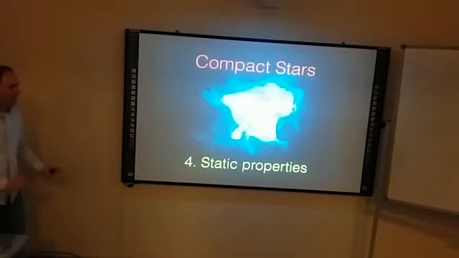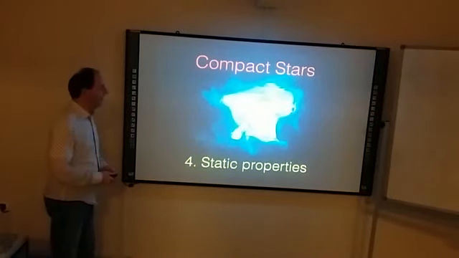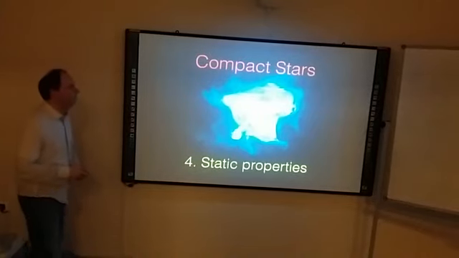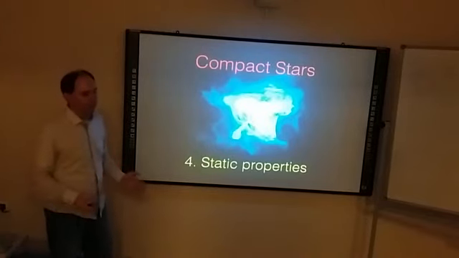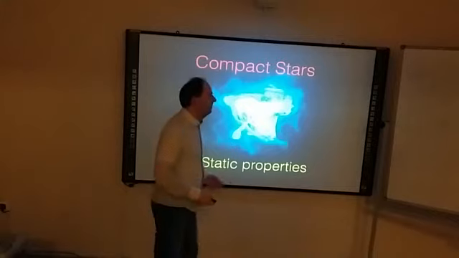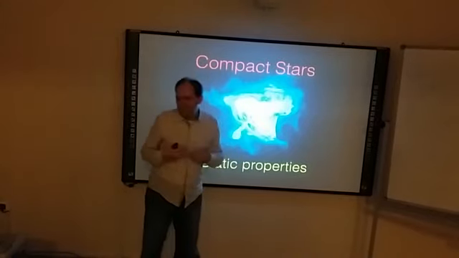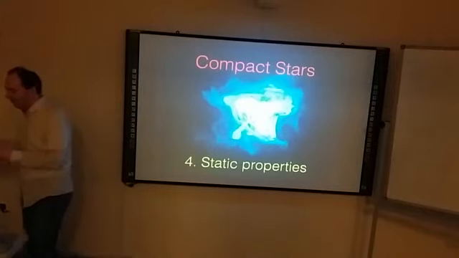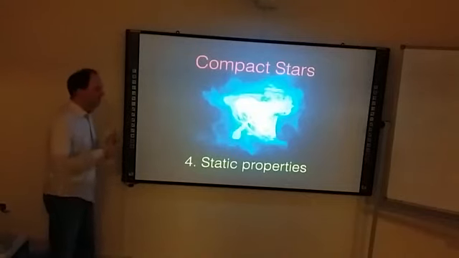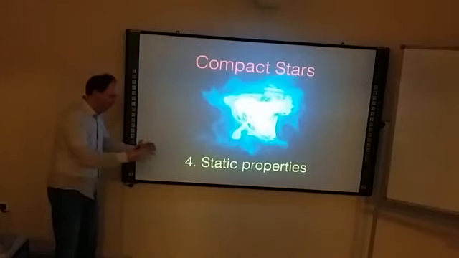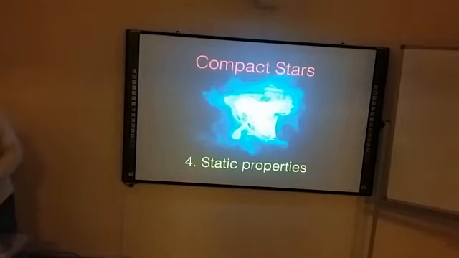Okay, so that's what I wanted to say about matter in these stars. And now let's talk about how we describe them. I already gave you a simple picture in Newtonian gravity, which is fine for white dwarfs, where the gravity is not extremely strong. But in a neutron star, it's very different. The gravity is extremely strong. You're really close to the point where the gravity is so strong that not even the Fermi pressure can sustain the star, and it might collapse into a black hole.